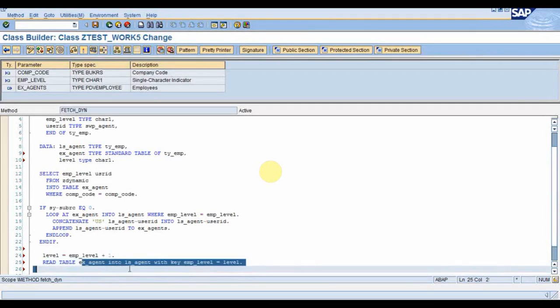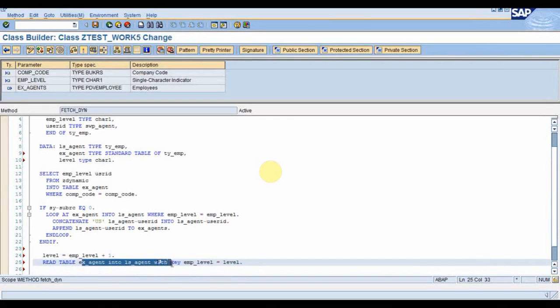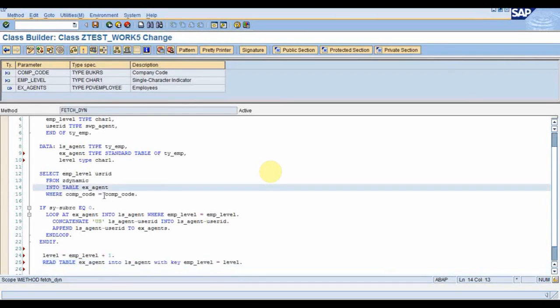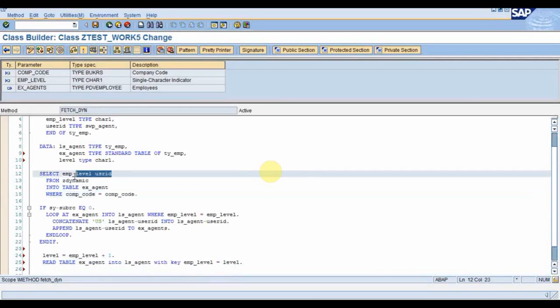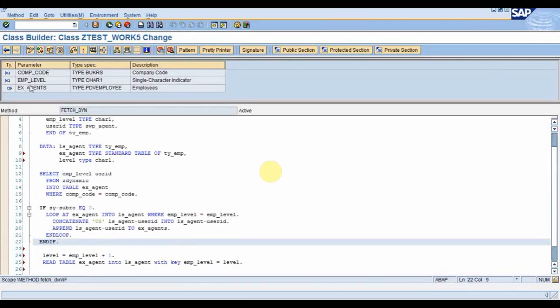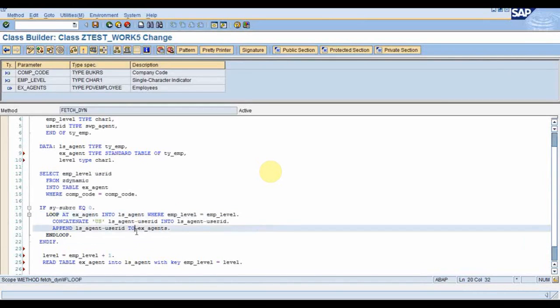we are trying to read whether that particular level exists for that particular company or not, because in this select we have fetched according to the company all the levels in user ID. Suppose we have 1 for LKDA and suppose we have 2 for Kumar K. So 1 for LKDA has been populated here because this employee level was containing 1. So for 1 we have populated LKDA, but for 2 we need to check whether for the next level, that is for 2, the IDs exist or not. If it doesn't exist, then we will just populate one variable.